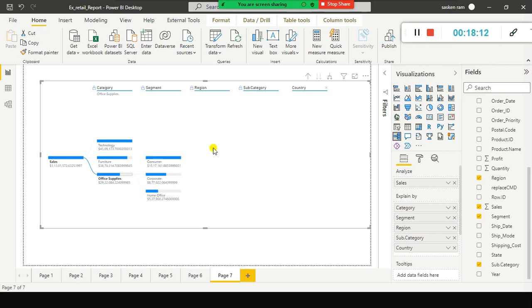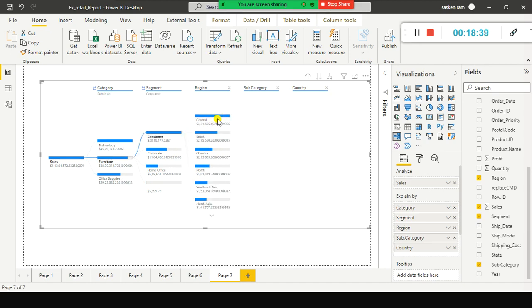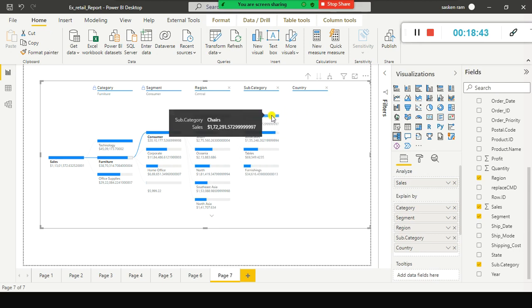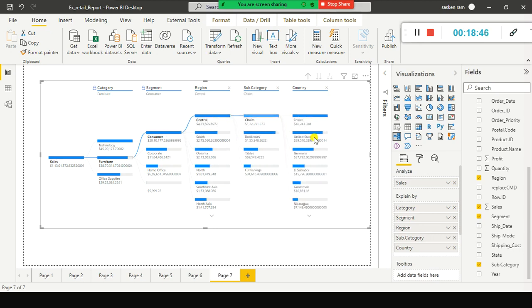But when you click on it, it will get closed. Once again I unlock it, and subcategories also I unlock, and the rest of them got locked. So they cannot make any more changes. They cannot select beyond this, they can select within this. Here it is locked. One second, I'll unlock it. So in the region they can see each region and what the subcategory is, and they can select it.